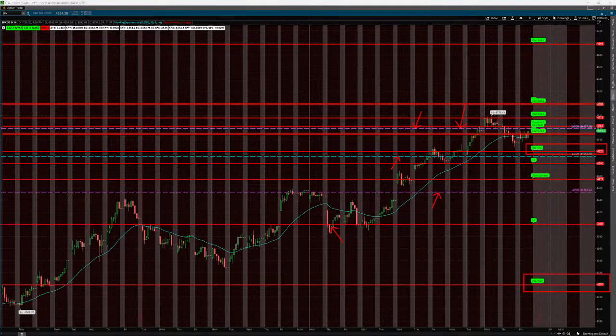And then the next level up is the 45.50, and that is the call wall and the absolute gamma strike. The absolute gamma strike is the strike with the largest absolute gamma, positive and negative, and then the call wall is the strike with the largest net positive gamma, and that can be expected to act as resistance. And right now it looks like SPX is trading above that level.